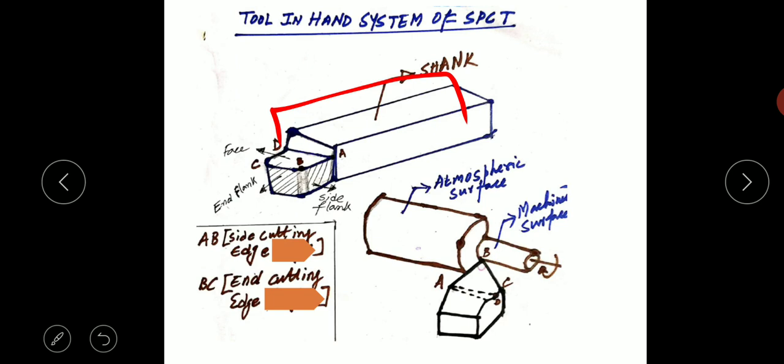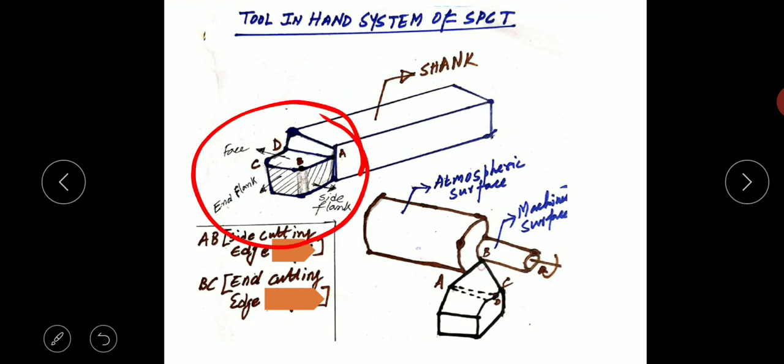Whatever job we are performing, we have to hold this single point cutting tool in a particular machine, whether it can be lathe or it can be shaper. So for proper fixture we have this part attached with the tool post, so it is mainly for the holding purpose. Later on, it is the part mainly responsible for the cutting operation. In this part, different surfaces are there, different faces are there, and each face and surface has different inclinations. Later we will see how those inclinations are given.